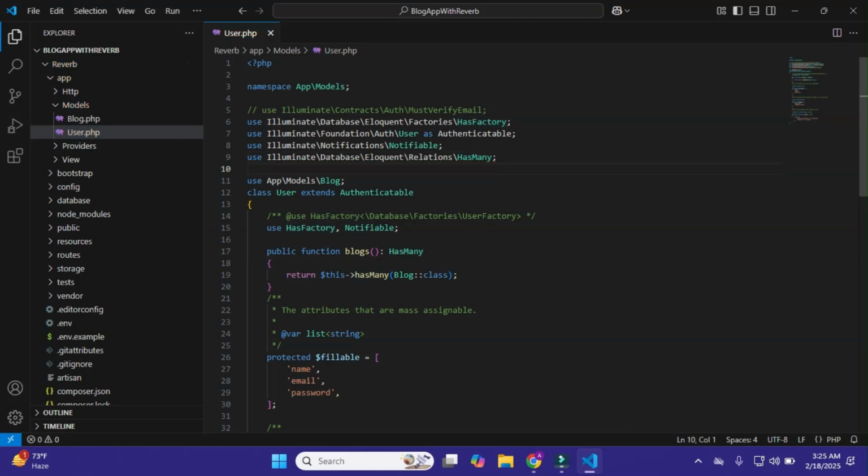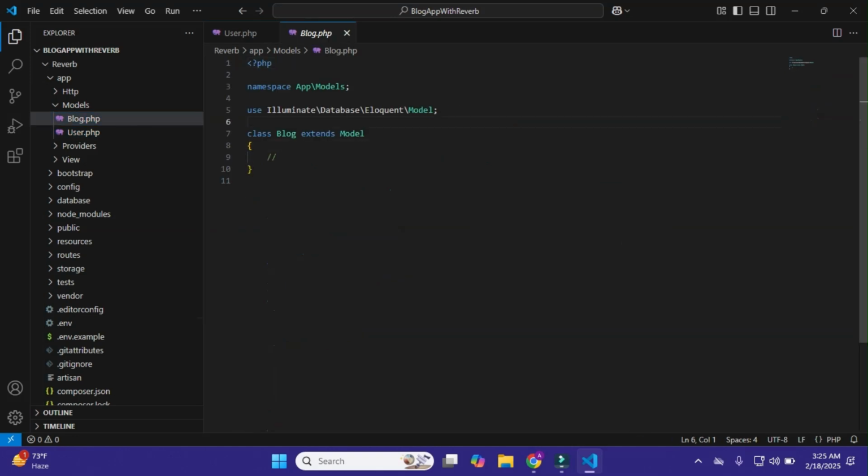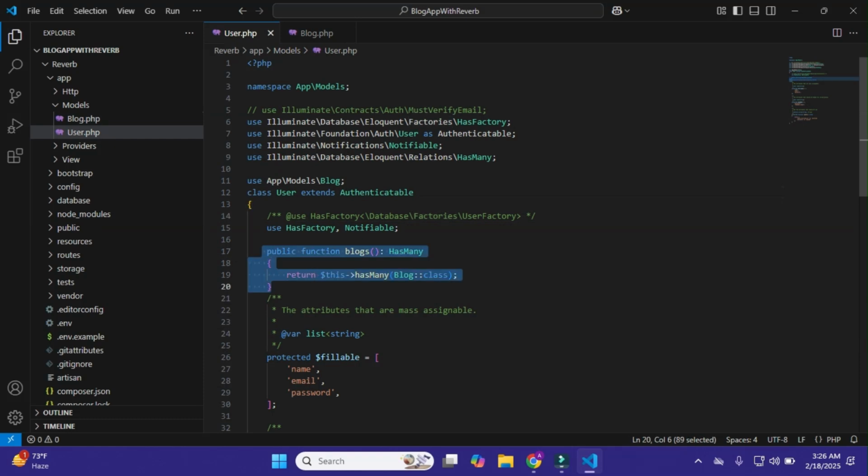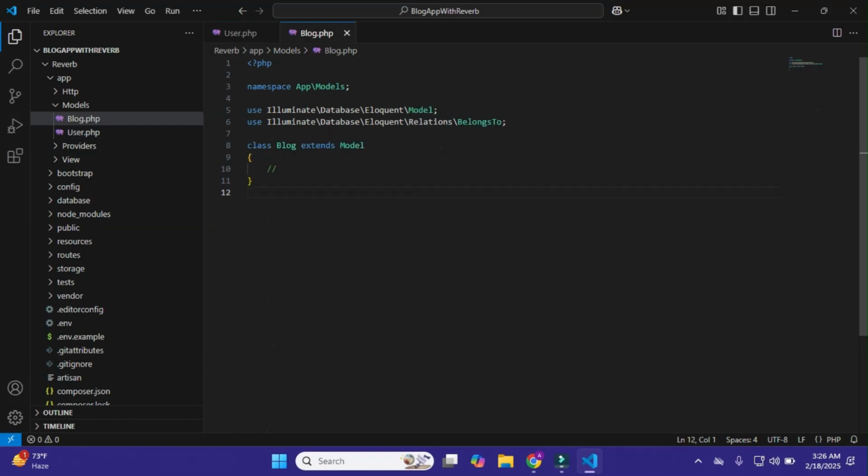Okay, that's it. We just do this in my User model, and now I'll copy it and come to my Blog model and paste it here, and it is belongsTo. Okay, it is like this, belongsTo. Within here I'll copy this function and come to Blog and paste it here, and it is user.